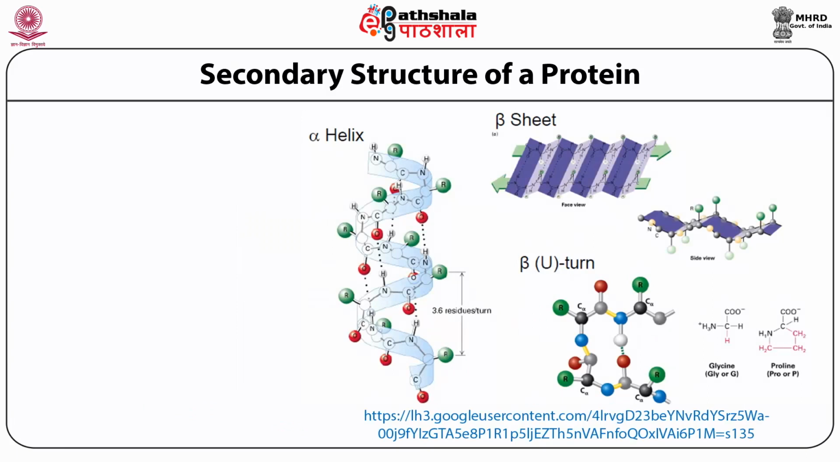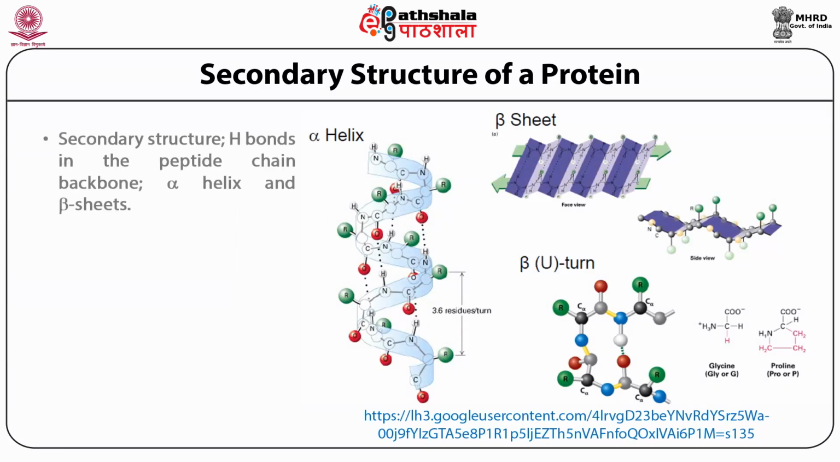Come to the secondary structure. The most common types of secondary structure are the alpha helix and the beta pleated sheet. Both alpha helix and beta pleated sheet patterns are stabilized by hydrogen bonds between the carbonyl and NH groups in the polypeptide backbone. The alpha helix is a rigid, rod-like structure